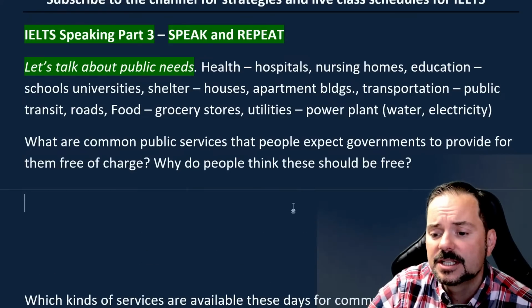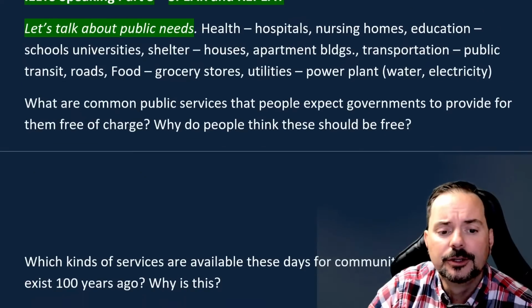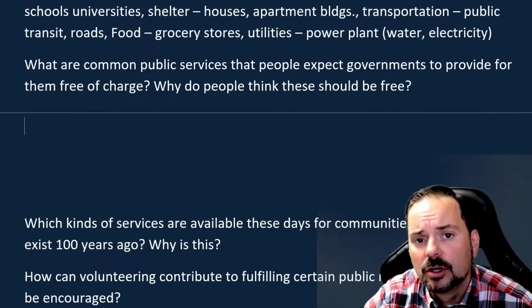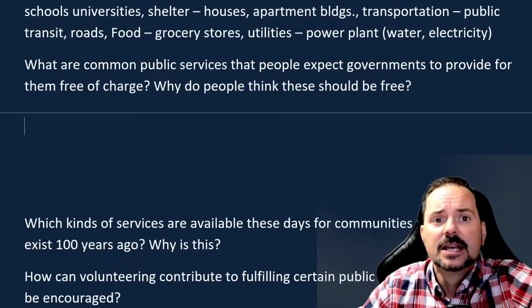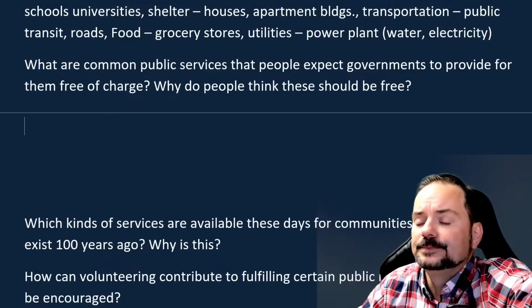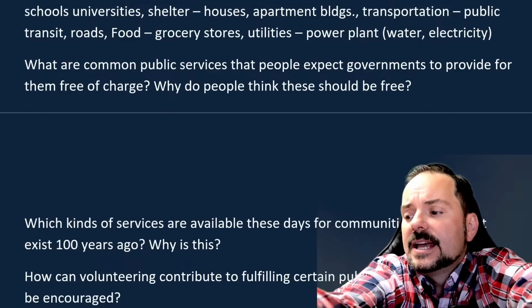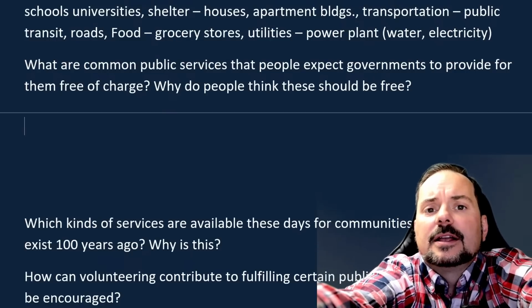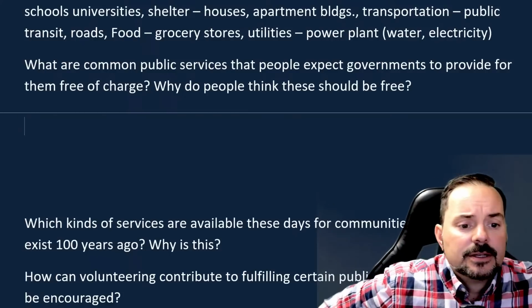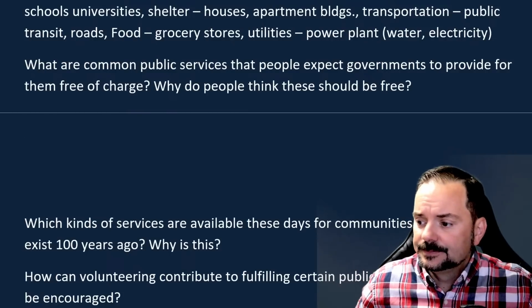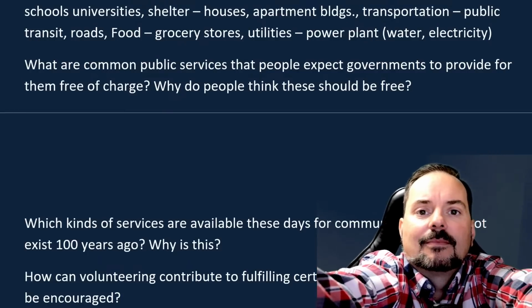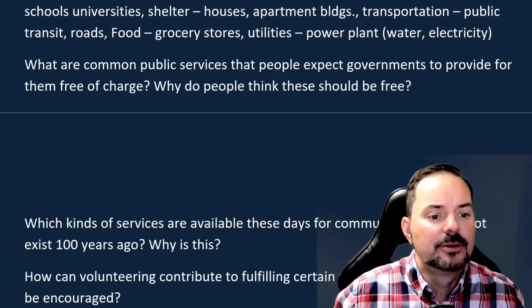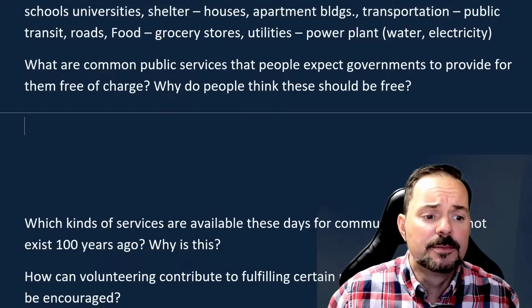Let's write a nice full sentence answer for this one. Okay. Do the same. Put your answer in the chat, and then I'll take a look at what you're writing and saying, because you should say it, right? This is a speaking class. Again, speak and repeat. Okay. So definitely say it, and say it nice and loud. Okay. There, I'm trying to get a little better angle for us here. And then we'll compare.